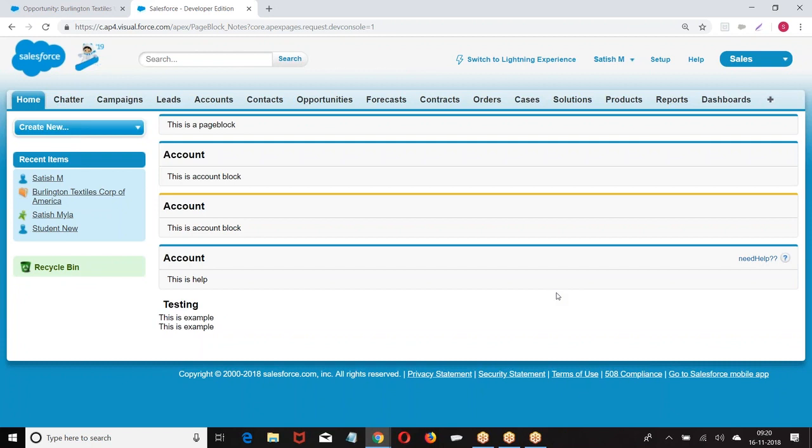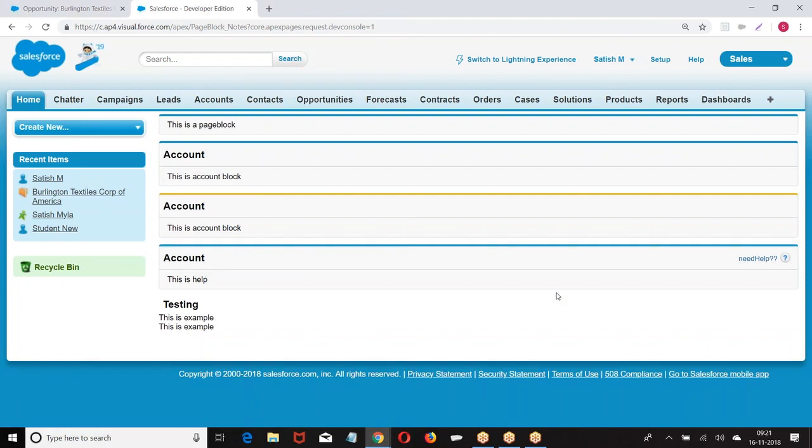Now we have a page, Apex page. Apex page is one component. Apex page has a property called show header. Do you have an element called show header for section header? In the section header, we don't have any such property. Sidebar. Do you have any sidebar in the page block? We don't have. Do you have any sidebar in the command button? No. So every element will have its own properties. We need to apply only those properties. Every property will not be available for every component. Every component is designed for a specific purpose. It will only do that purpose. It will not behave like any other component.